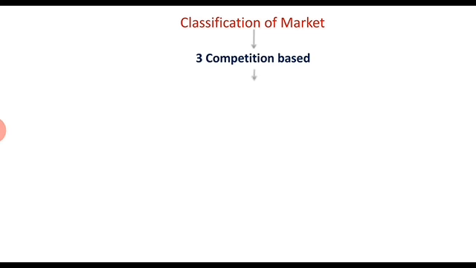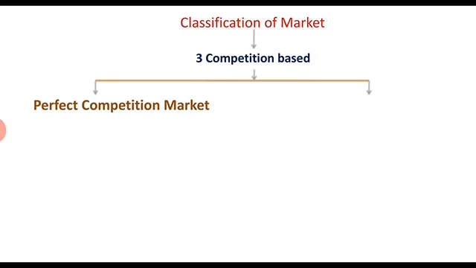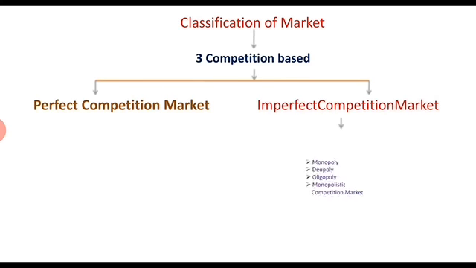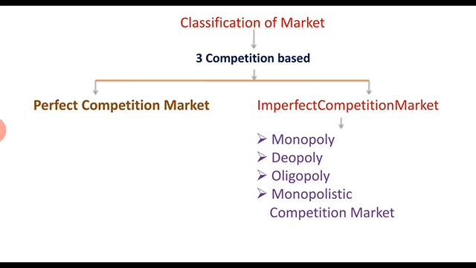Markets are classified on the basis of competition into two types: perfect competition market and imperfect competition market. Again, in the imperfect competition market, there are four types: monopoly, duopoly, oligopoly, and monopolistic competition. In the perfect competition market and monopoly market, there is no need to